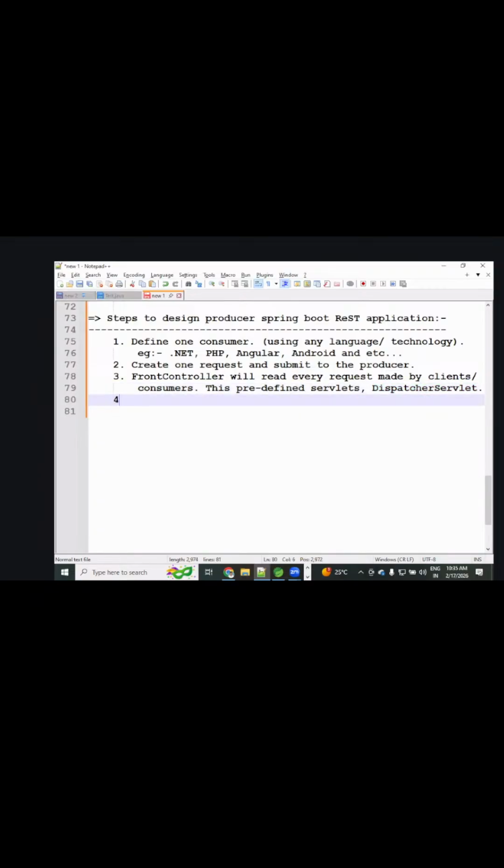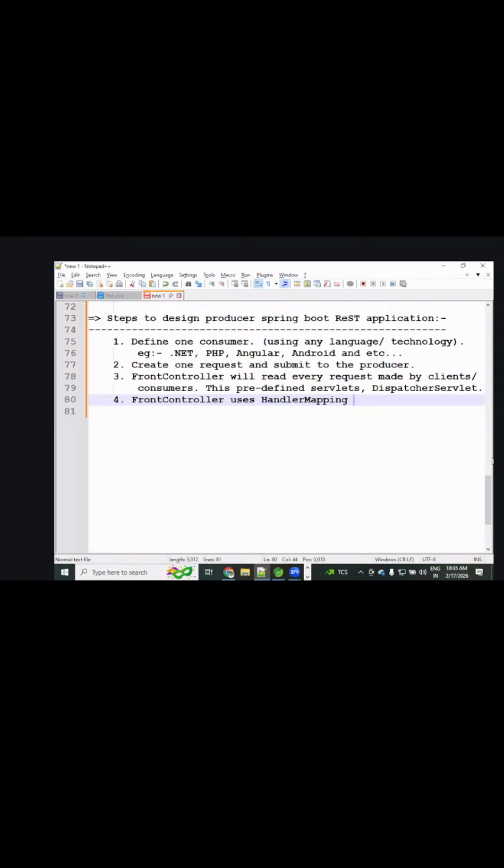Next, step number 4. I'm writing shortcut, or maybe let me write front controller. Okay, front controller uses handler mapping.